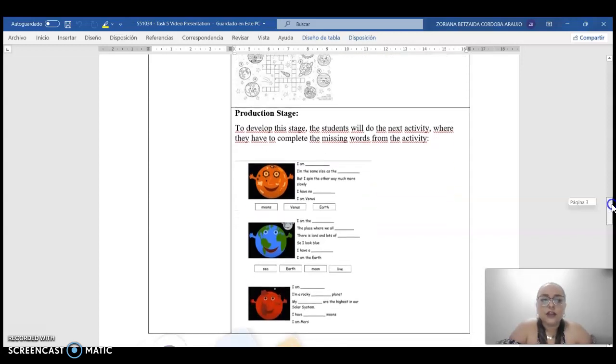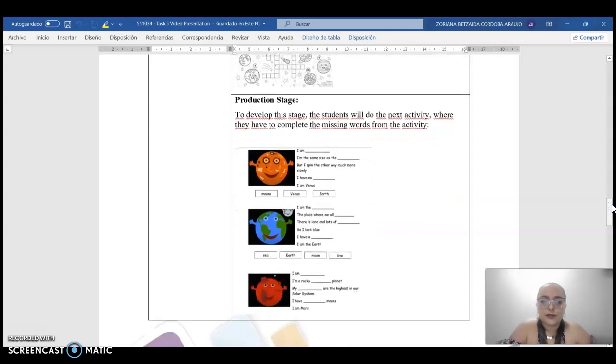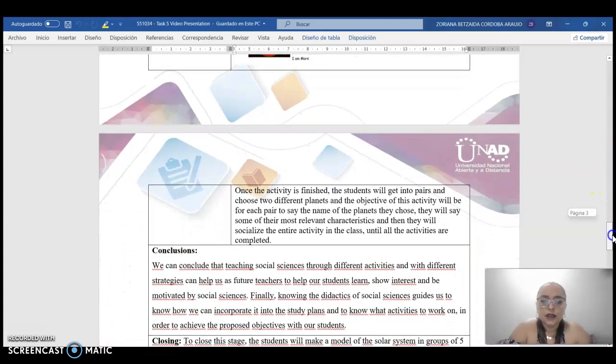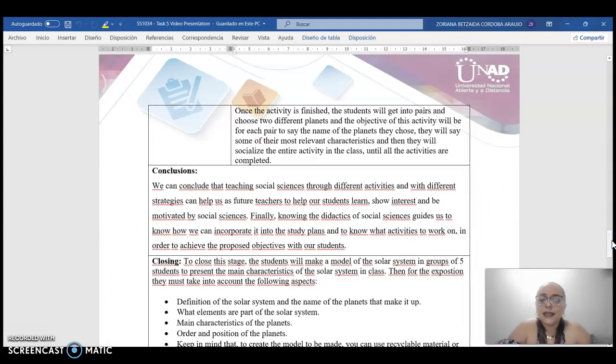Okay, let's continue with the production stage. To develop this stage, the students will do the next activity where they have to complete the missing words from the activity. For example, there is the image. In this image, the students are going to complete the missing words. Once the activity is finished by the students,